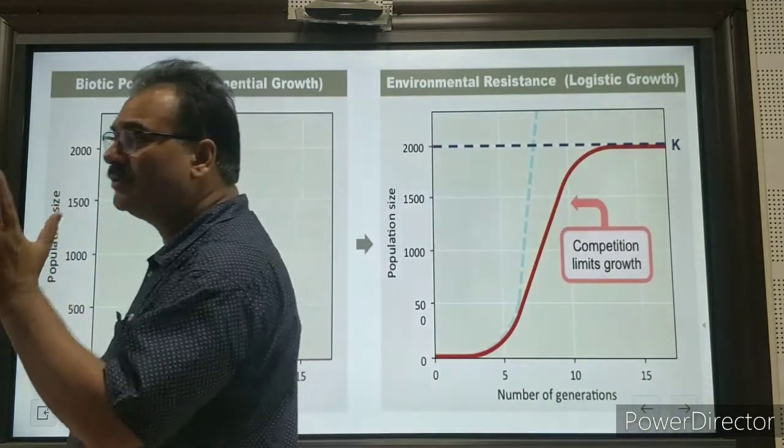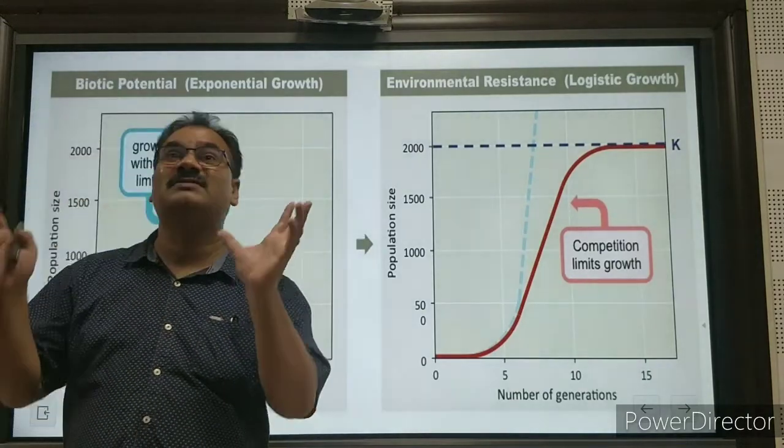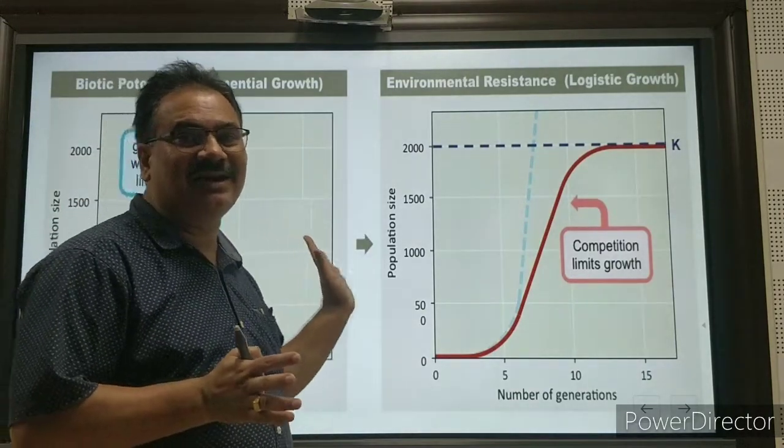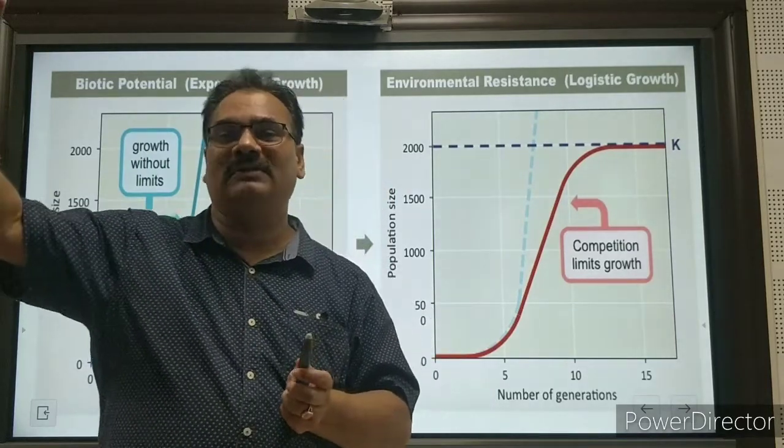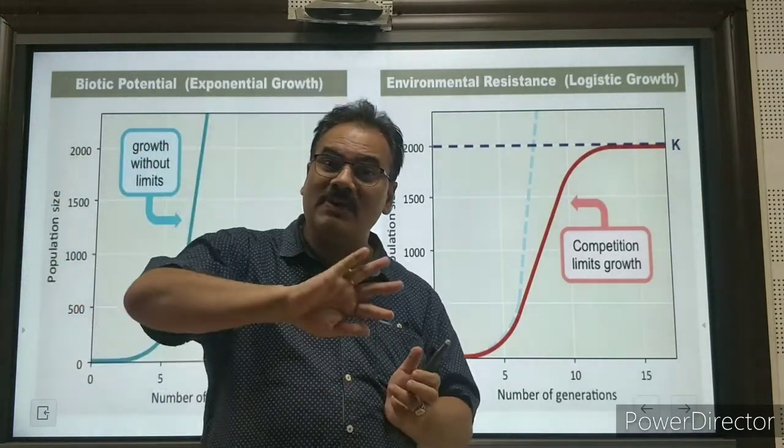And this population growth does not mean only the population of any country. It means this study will apply to any kind of population growth or any kind of epidemic growth.